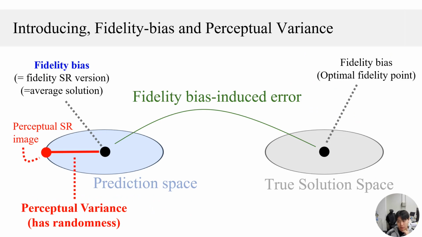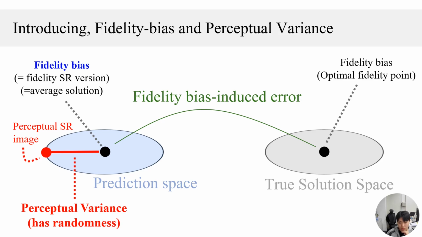From now on, I'll introduce you to our method and some concepts we have defined for this. Here, we first define the terms fidelity bias and perceptual variance. The perceptual variance is the random factor when we perform image super-resolution, and removing it leads to blur. The fidelity bias is the average solution of the super-resolution process, or else the fidelity SR version of an SR